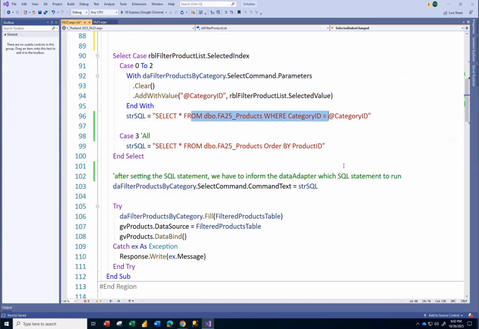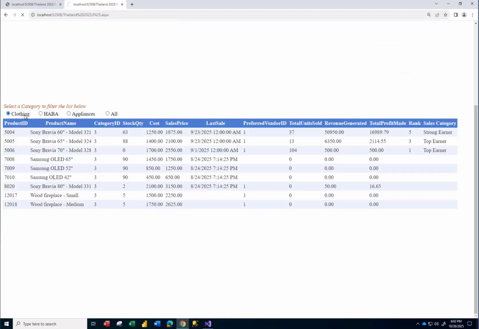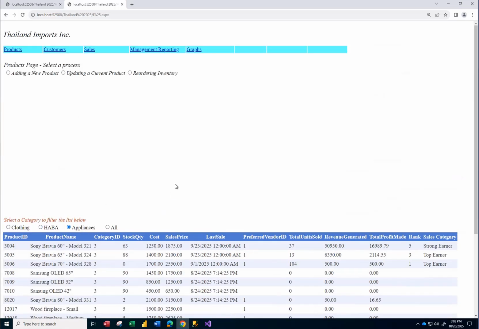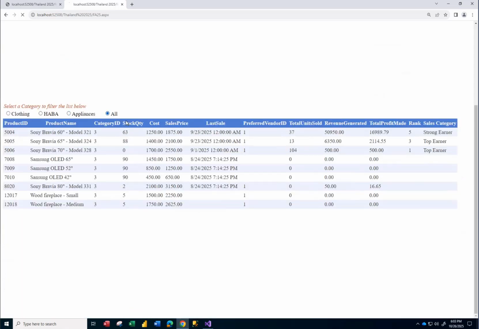So I'll run this red SQL statement, and then we do everything in a try-catch block so that we can get to see our errors. It is a huge mistake not to use this response.write, but go ahead and data adapter, fill the data table, and fill it in a grid view, and you've already seen it work. But why not show it one more time? Clothing, health and beauty, appliances, and all. So that's